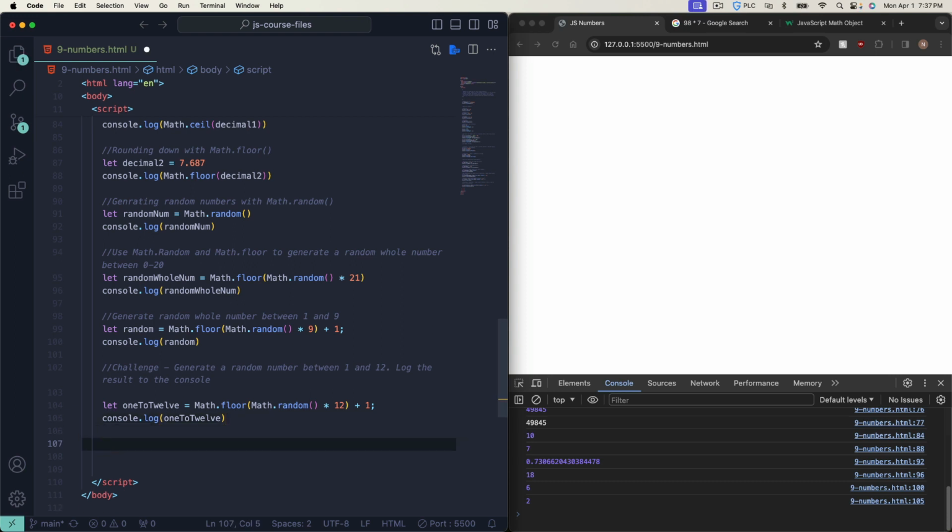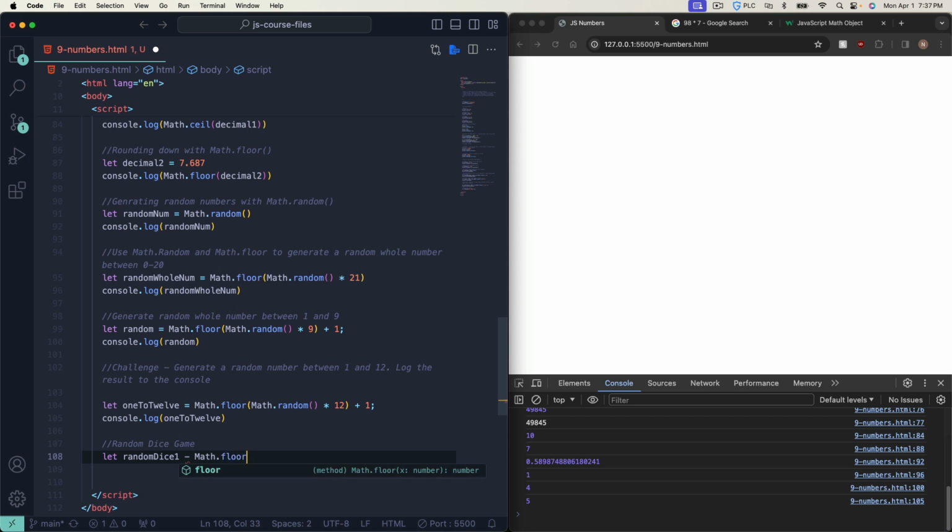So let's just end with a little mini project here. And just to make this more fun, let's make a random dice game using everything that we learned with numbers and what we learned from our last lesson with strings, okay? So we're just going to make a little dice game that logs to the console here. So let's do that. So we'll say let, and we'll set a variable to random dice 1. We'll have 2 die. So we'll say random dice 1, and that's going to be equal to